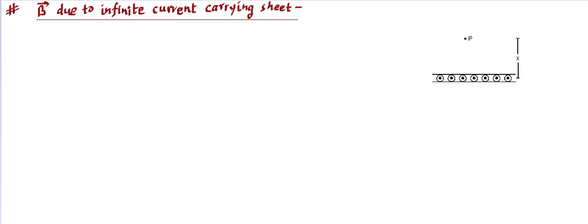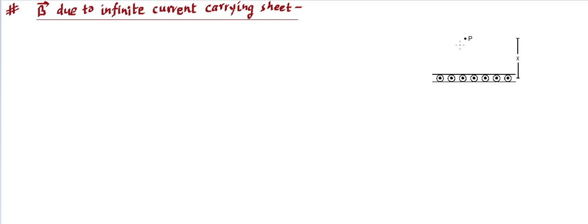One more important current distribution is the magnetic field due to an infinite current carrying sheet. So we have an infinite sheet that carries current. This cross-sectional view has been shown over here. These dot circles are trying to say the current is coming outside, and this length is large enough, that means it's infinitely long, running like this and also coming outside, up to infinite length. So that's a sheet, and in this sheet the current is moving, and this is the point P, which is x distance from the sheet, and that's a thin sheet, and we need to find the field at point P.